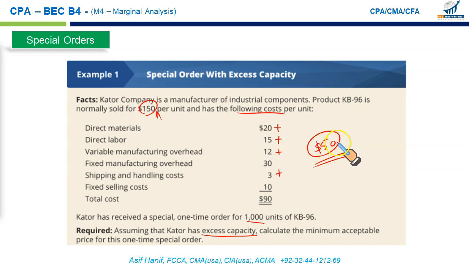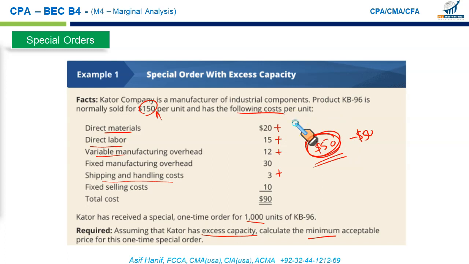So my revenue should at least, minimum should be $50, so there is no profit, no loss. This is the minimum price, which basically is your variable cost. Direct material, direct labor, variable overheads, and shipping and handling, they are all variables. In other words, if you are operating at excess capacity, any special order should cover at least your variable cost